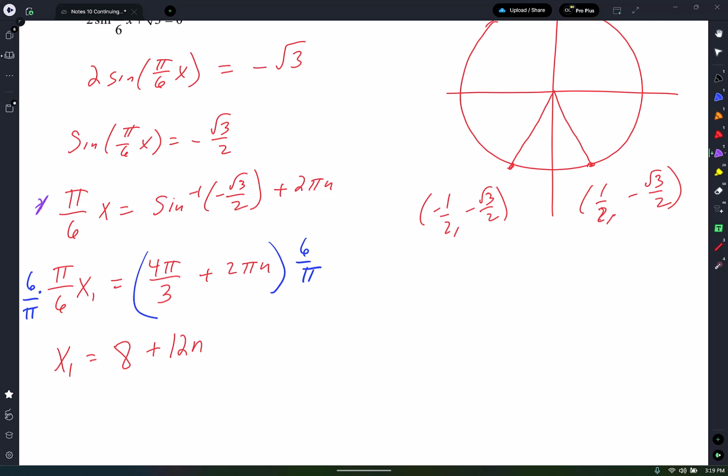I'm here, remember, at this one. So I'm going to write pi over 6 x2 equals, and what other radian besides 4 pi over 3, do I have sine equal to negative square root of 3 over 2? 5 pi over 3